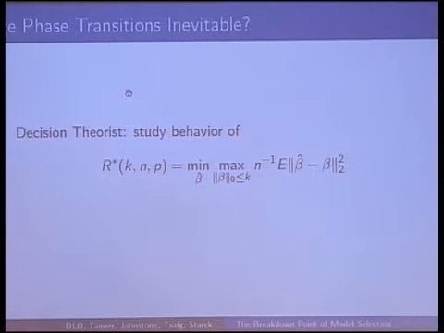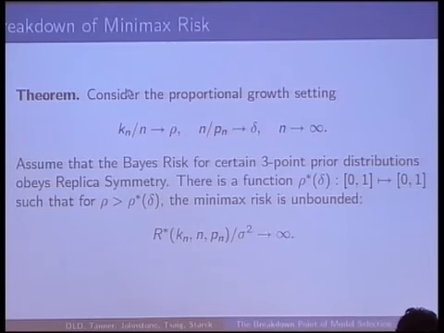And I mentioned the problem of are phase transitions inevitable? That is to say, are the phase transitions that we're seeing for algorithms just because we don't know the right algorithm yet, or is there some intrinsic thing about the problem which says there must be these phase transitions, or at least some level of phase transition has to happen?